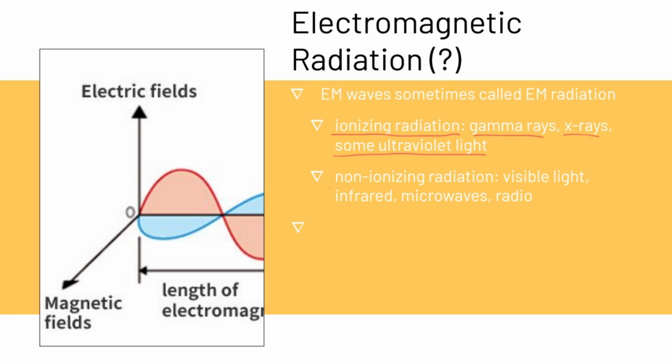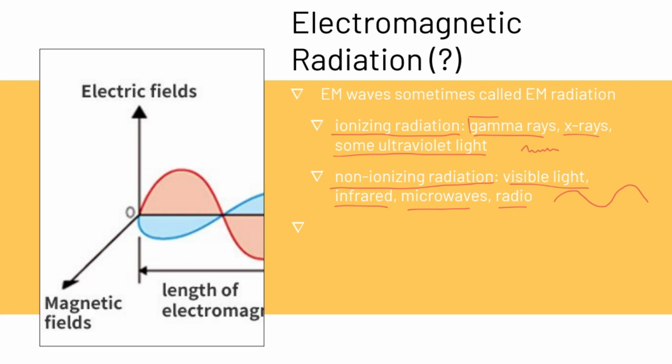And we have non-ionizing radiation. Non-ionizing radiation would be visible light, infrared, microwaves, radio. So these wavelengths of non-ionizing radiation are so large that they don't interfere with the parts of our bodies that could do damage. Whereas ionizing radiation, the wavelengths are so small,